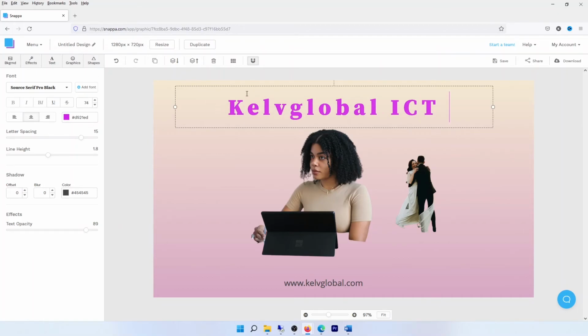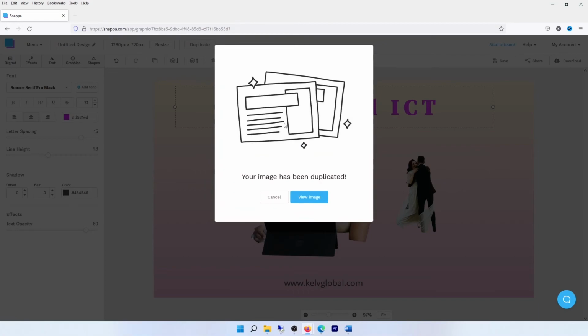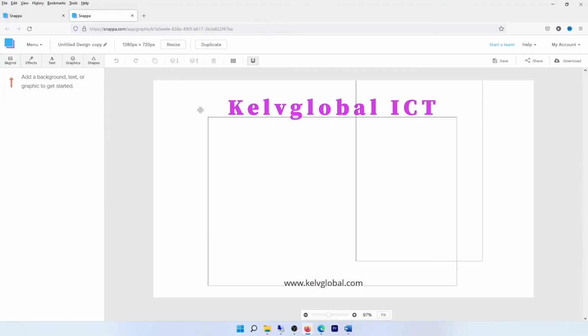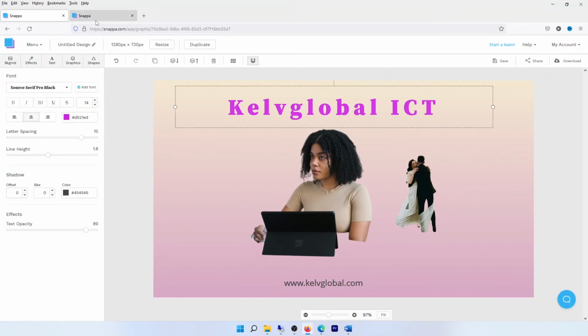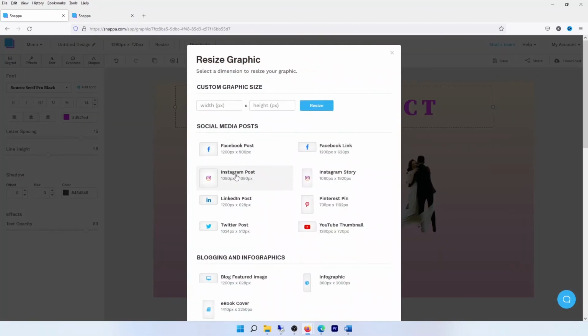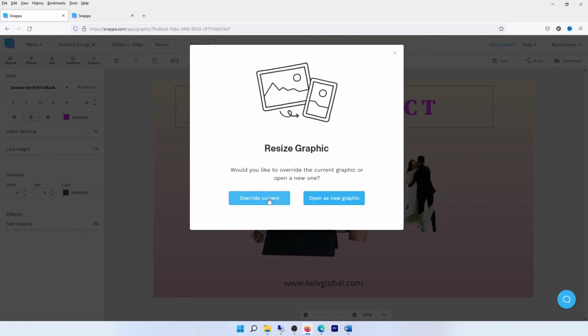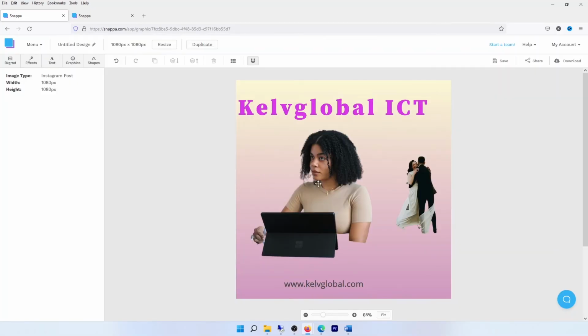But what I love about this is that I can duplicate. So it's trying to duplicate. So say view your image, I can duplicate it, and it's going to open a new browser for me. You can see here we go, we have a duplicate of our thumbnails we are creating. And also I can resize. And just change to Instagram post. It says I'm going to override my current post. You can see it's just changed, and all the text are just merged and form a very good Instagram thumbnail